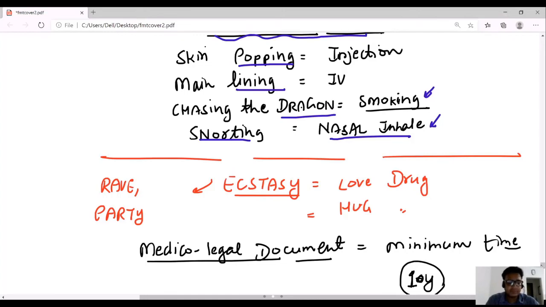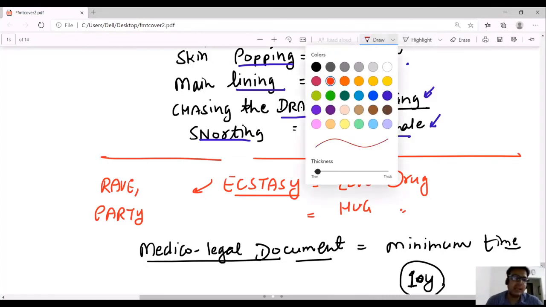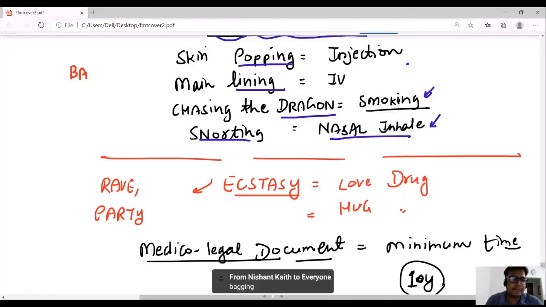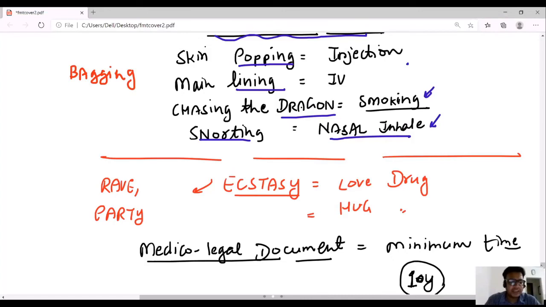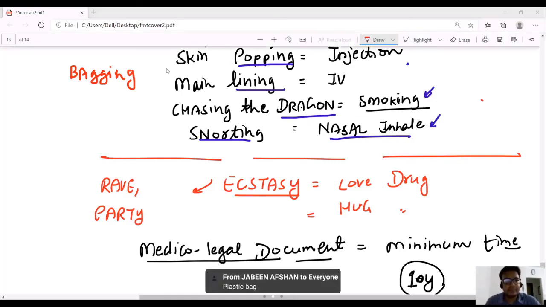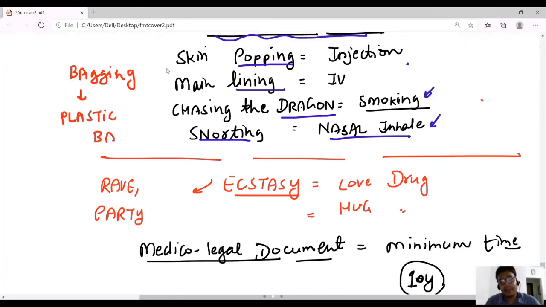Anyone? Bagging. Which method was given? Bagging. Another method of inhalation, that is bagging. What is bagging? Bagging is an inhalation method by using a plastic bag. If you use a cloth piece and then you inhale,